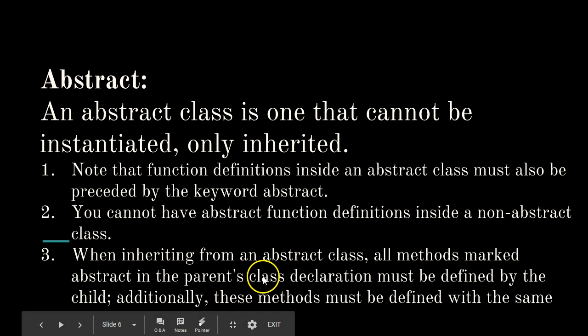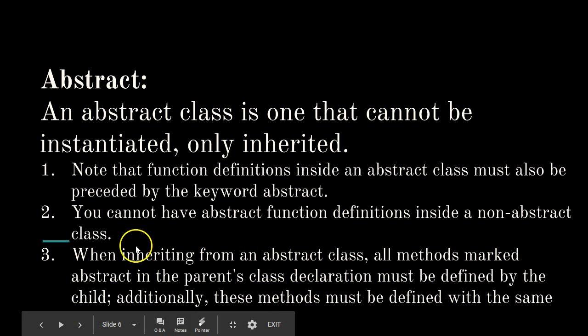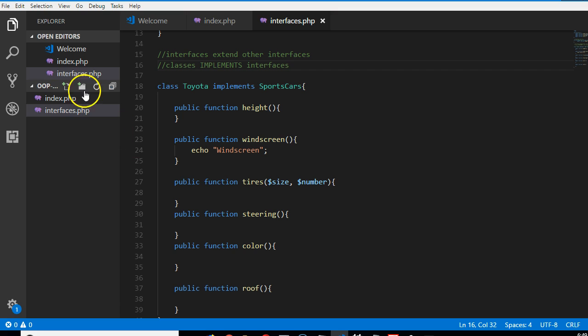When inheriting from an abstract class, all methods marked abstract in the parent class declaration must be defined by the child. Additionally, these methods must be defined by the same class. Alright, so let us look at this in practical so that you can understand what it is. So to practicalize